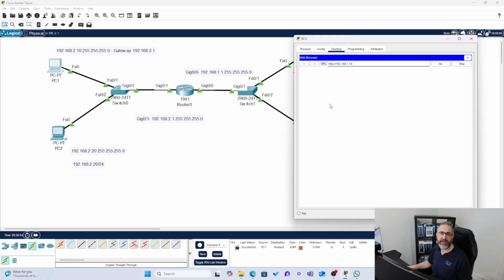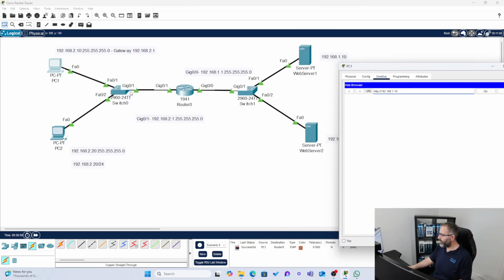And we're not getting anything in return. There's nothing coming back. It's trying to get there. It's blocked on the way out. So that's working, but